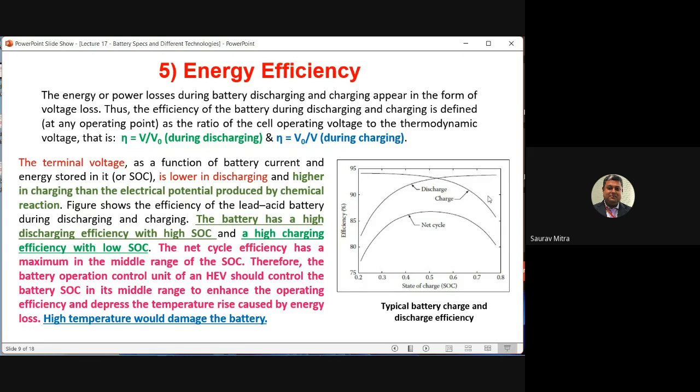Okay, so here the efficiency is decreased, you are finding. So this graph is very important. When SOC is increasing, it means the battery is getting more and more charged. In that case, efficiency is reducing. What is meant by efficiency is reducing? More energy you are giving to the battery input, but the battery is not able to hold too much of that energy. So efficiency is reducing.